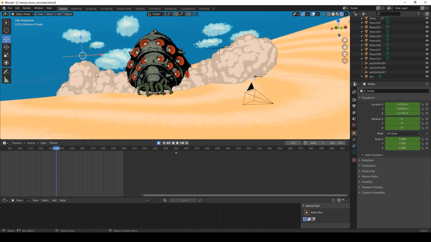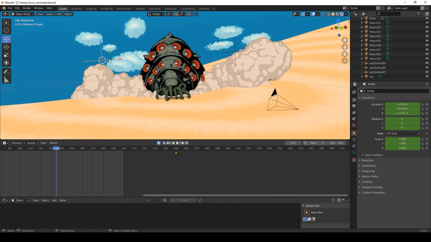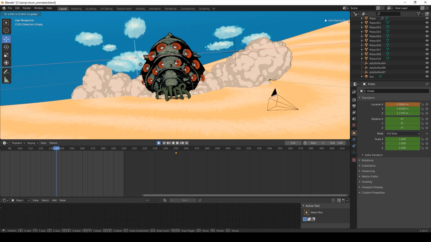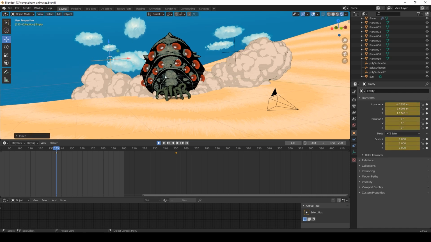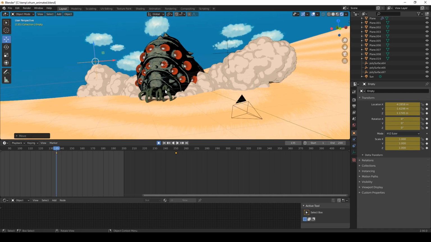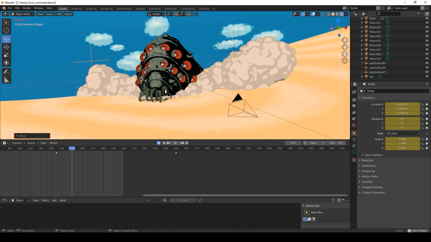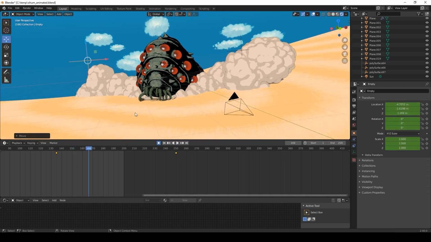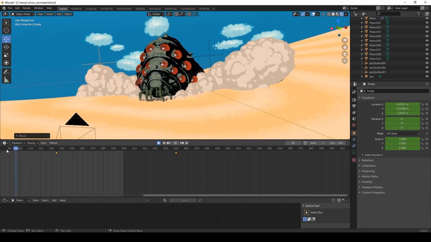And the same goes for our puffs of smoke. These are actually static puffs of smoke, and I animate this controller to make it look like there is movement. Together with the ohmu that is animated,